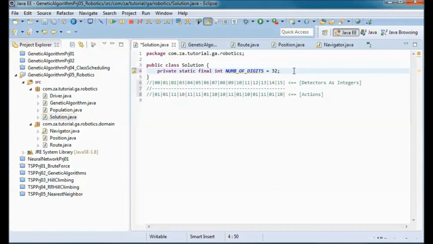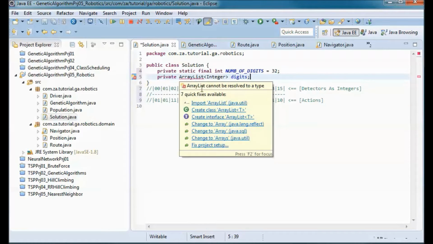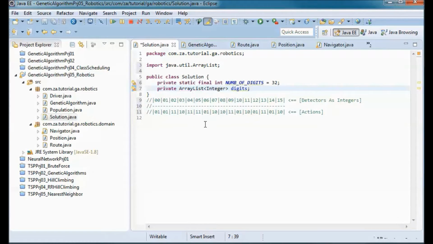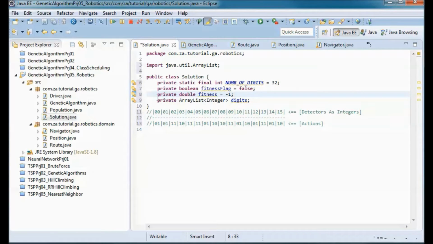And let me define this array list that would have those 32 digits. And the solution will have a fitness. So let me initially define this fitness and set it to -1, and I'll define a Boolean fitness flag and set it initially to false.